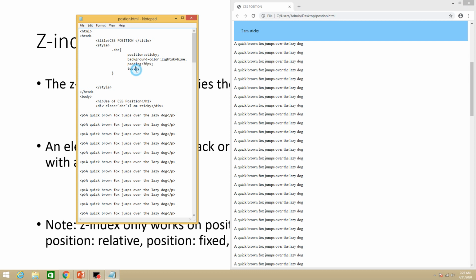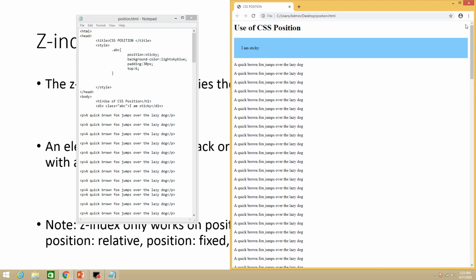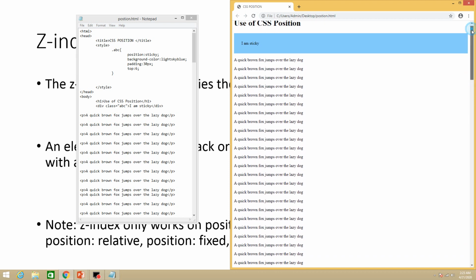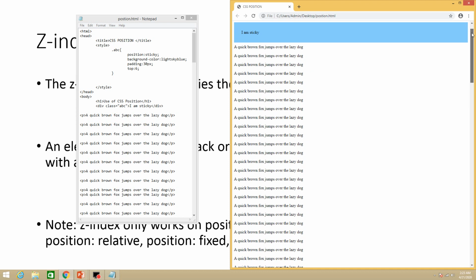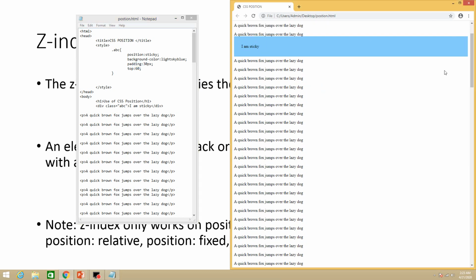If I increase the top, let's say 6, then if I refresh it here, you can see when I go up there is no space. When I go down, it's now fixed position, but you can see top is 6 pixels. If you increase it up to 60, let's suppose, now you can see